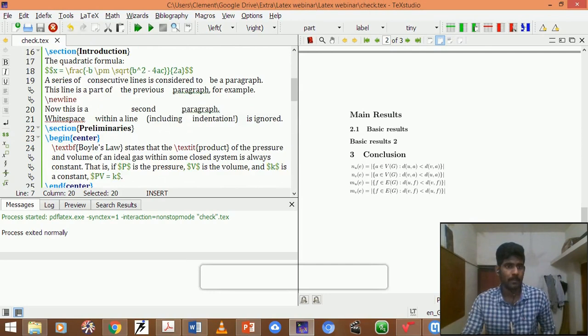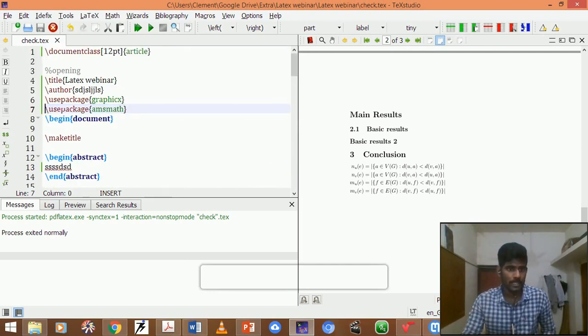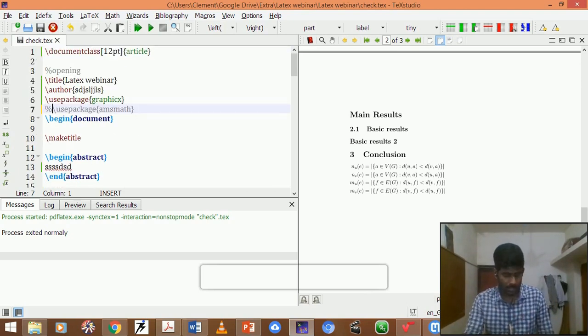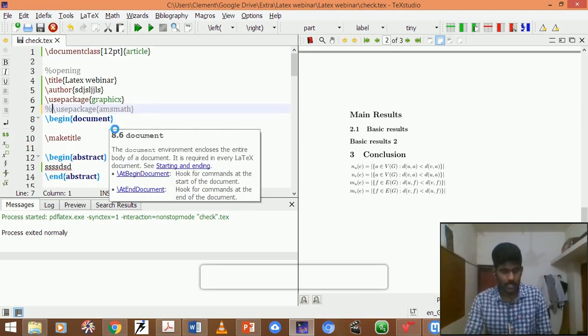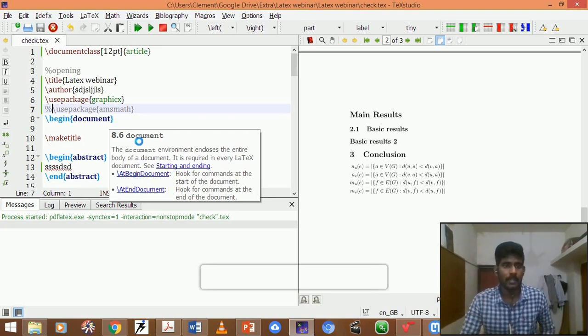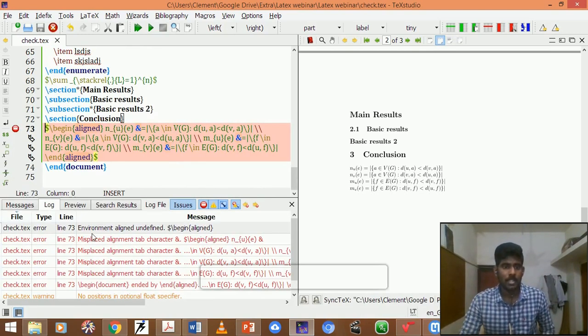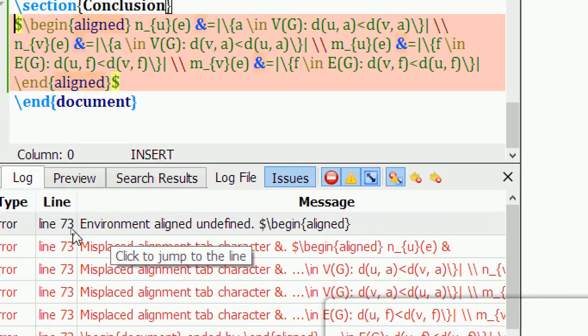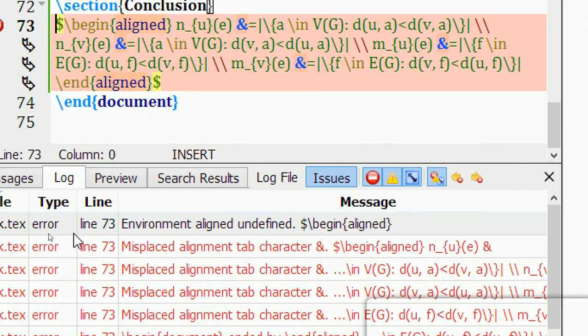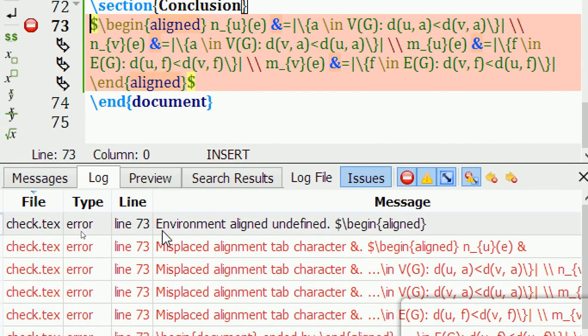For example, if I had removed this particular part, so here you can consider the package is not loaded. If I executed the file, 100% it shows an error like an environment error. Whenever the TeX compiler shows an error like an environment error, at that time you are supposed to be careful.